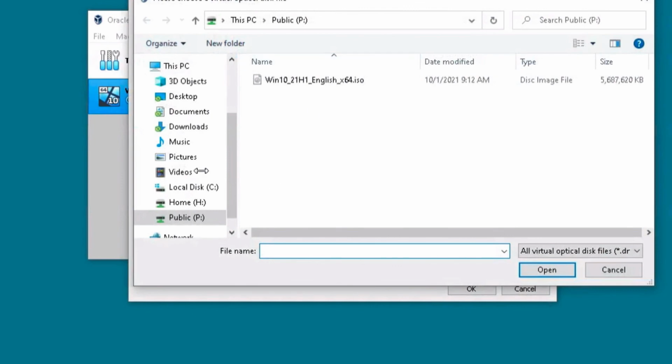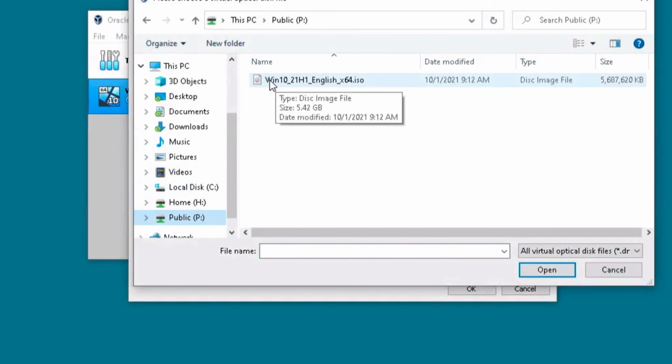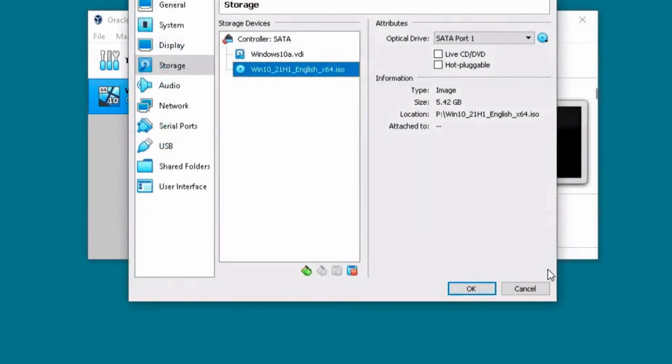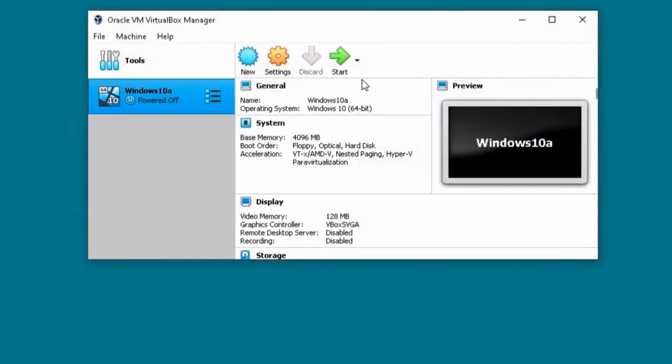From there, we're going to navigate to the P drive. And again, the P drive has the installation file. All right, select that, click on Open. So now you notice that the system has that CD installed in a virtual setting. We click on OK, and once that is done, we're able to click on Start,